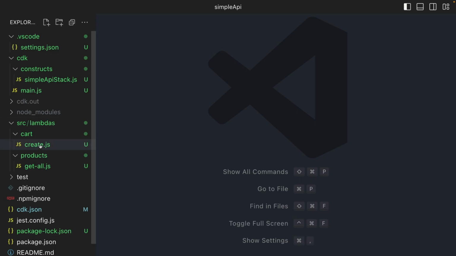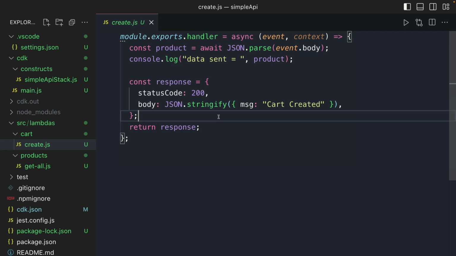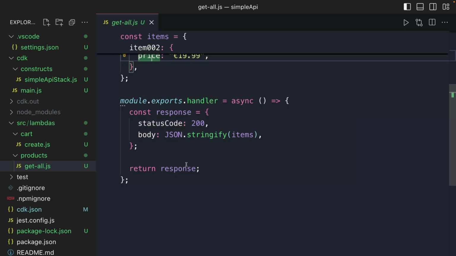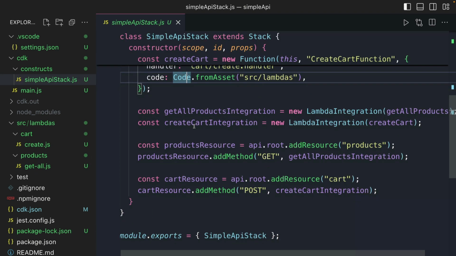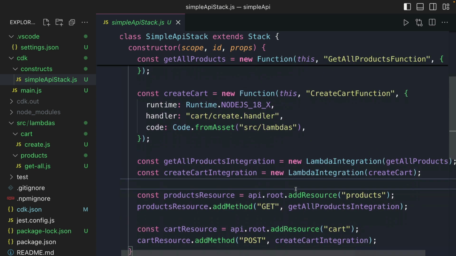So from this simple demonstration, you know how to do a post request, how to get the data off of the event.body, parse it, and then do whatever you need to do with it. Maybe you need to add it to a database. Maybe you need to use the ID from that to get something from the database. And you also know how to do a GET request to just get generic information from an endpoint. You also know how to set up the Lambdas, create the integrations, and how to add resources to your REST API URL. You can add GET requests and POST requests and specify the paths. So from here, you can probably extrapolate this into a number of different API routes, but we'll look at databases